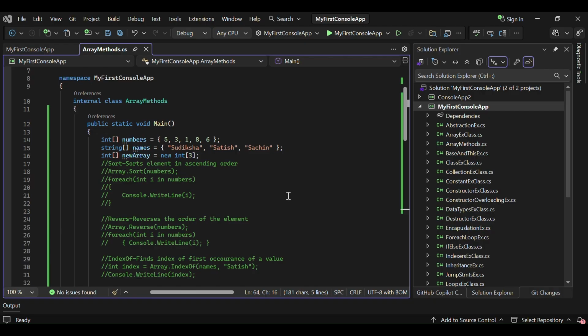First, let's check array sort. There is one method called array sort. What is an array? We have already discussed that in one of our past videos. Today we will discuss what type of operations we can perform on an array. An array is nothing but a collection where you can store multiple data of the same type. So here I have declared one array called numbers, which is an integer type, and it contains 5,